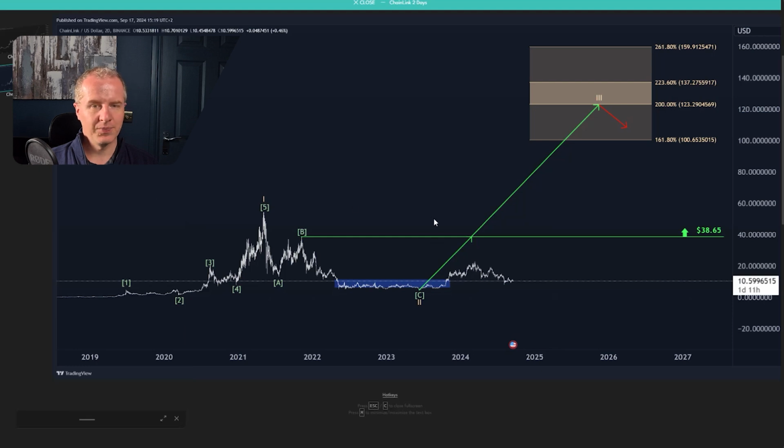Let's look at the structure, and you can see that here on this chart we are looking at quite a bullish outlook for Link. We had a long-term accumulation phase down here that was sort of this long sideways phase, took more than a year, and it's probable that this wave 2 bottomed and we are now in this larger third wave. Minimum expectation for this larger third wave is sort of the $100 mark. So long-term targets $100 plus for Link.